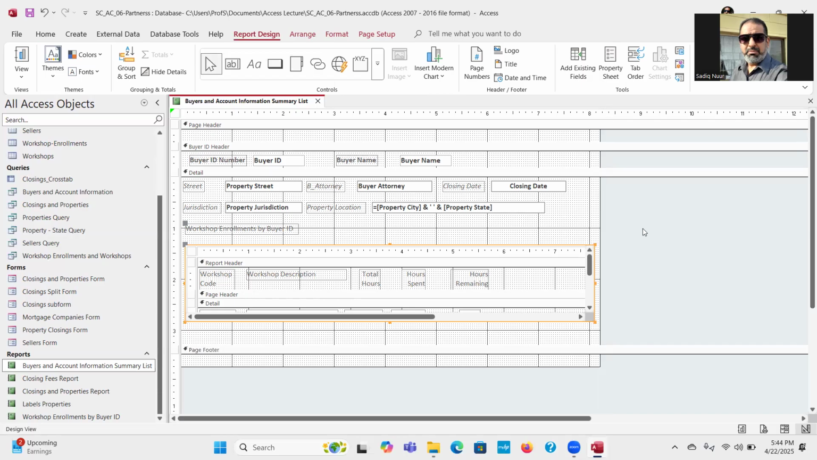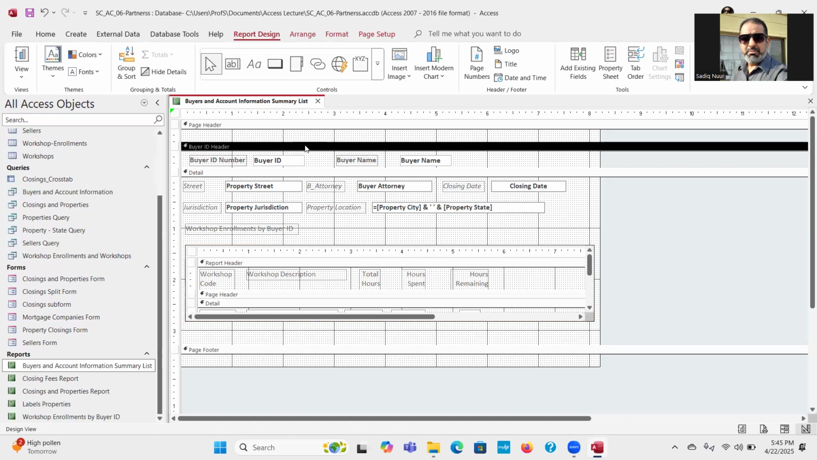Now the next step is to modify the section property. In the following step, I'm going to show you how to make two modifications to the buyer ID header section. The first modification causes the content of the group header section to appear at the top of each page. Change the repeat section property to yes. Without this change, the buyer ID and the name will only appear at the beginning of each buyer's account information. So to do that, we will select the buyer, click on the bar where the buyer ID header is,